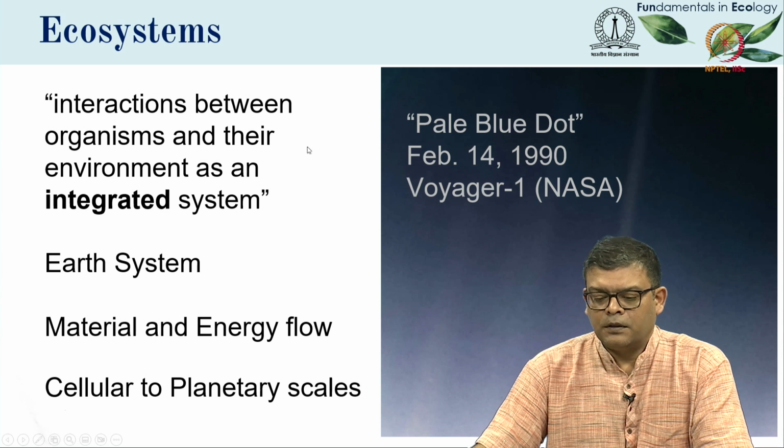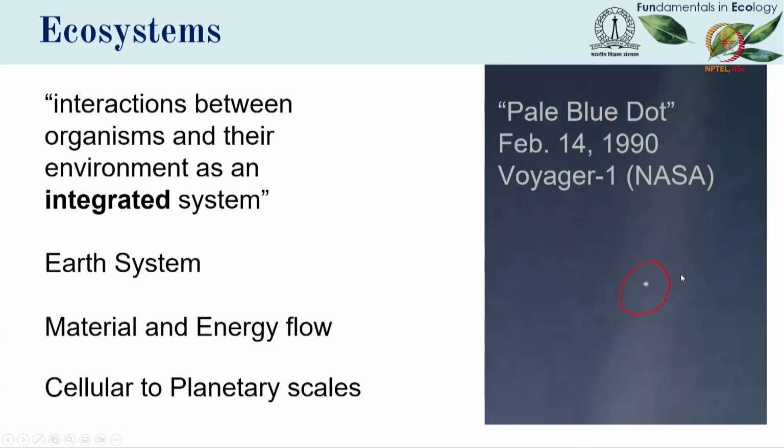Now here's a picture on the right. It's famously called the pale blue dot. It was taken on 14th February 1990 by the astronauts on the Voyager spacecraft, and as the Earth was coming out of the shadow, it went past a beam of sunlight, and it's called a pale blue dot because it's really pale and it's really small. So some of you may not be able to see it, but here's Earth when the astronauts were looking at it from the Voyager spacecraft.